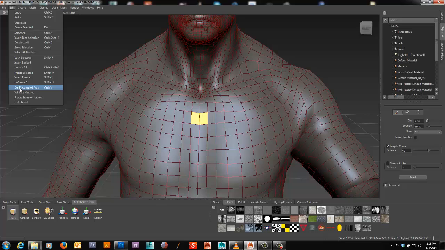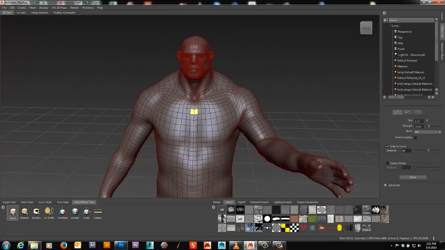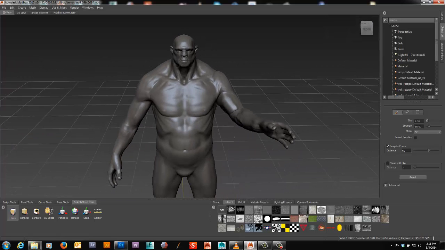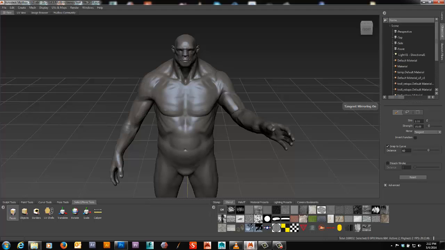So set topological axis, or Control V works as well. And at that point, we can go ahead and jump back up in resolution, and we can deselect all of that and get into a mirroring option called tangent. So as soon as I turn on tangent, I can now go ahead and sculpt onto, oh, we're still in